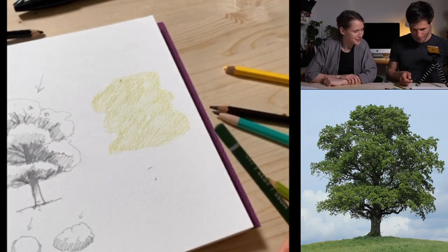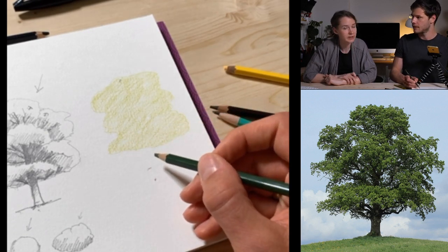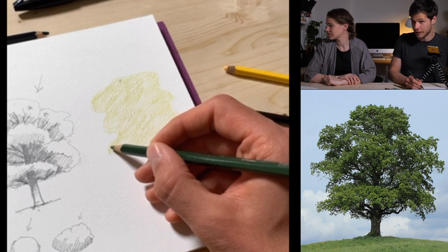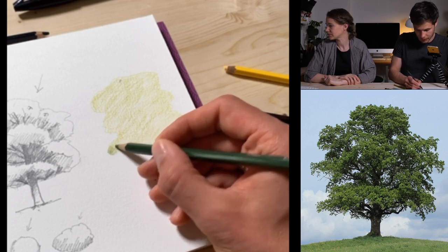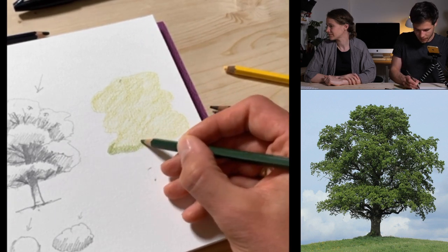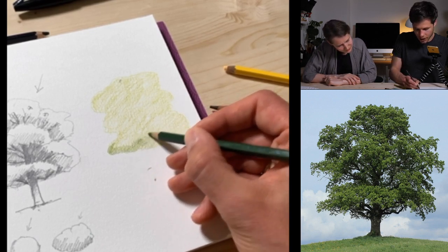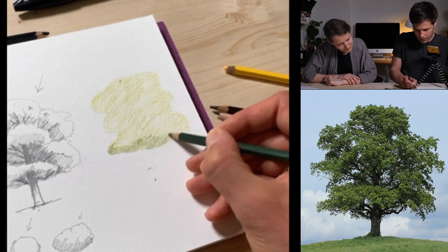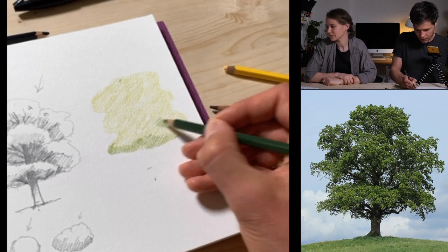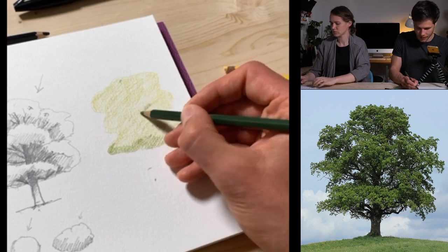Wow, you came far. So you did the outline and then colored everything in. Exactly, with the lightest color. Because now I will be adding the shading, on the same spots that we were shading before. This will make these tree clumps come more to life. First we had a flat surface, and now